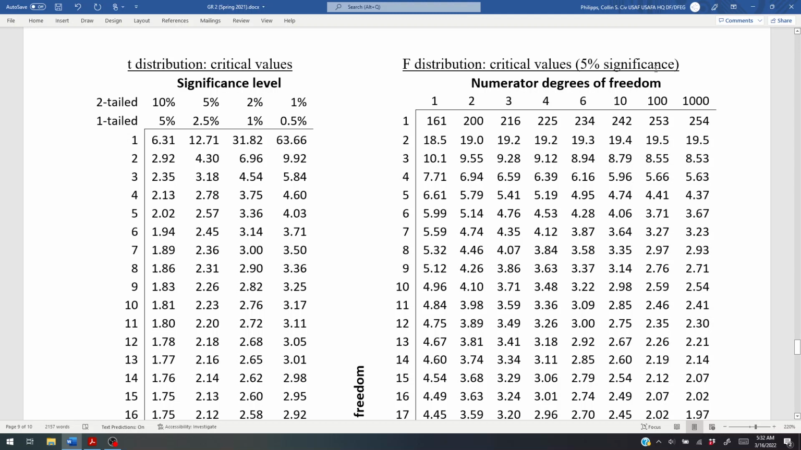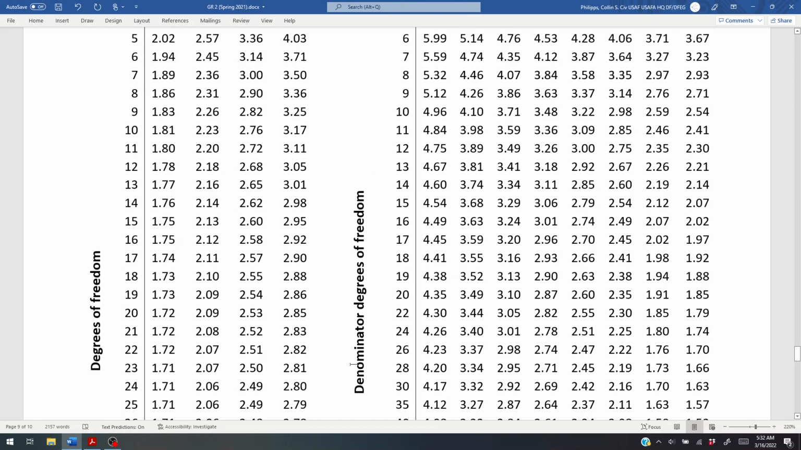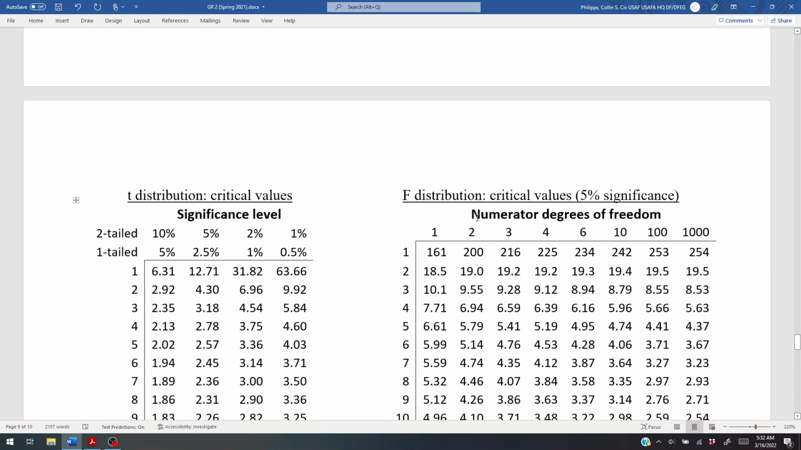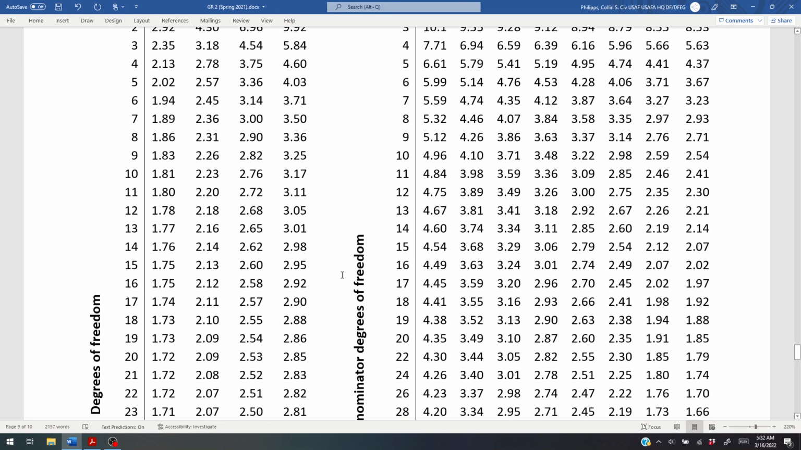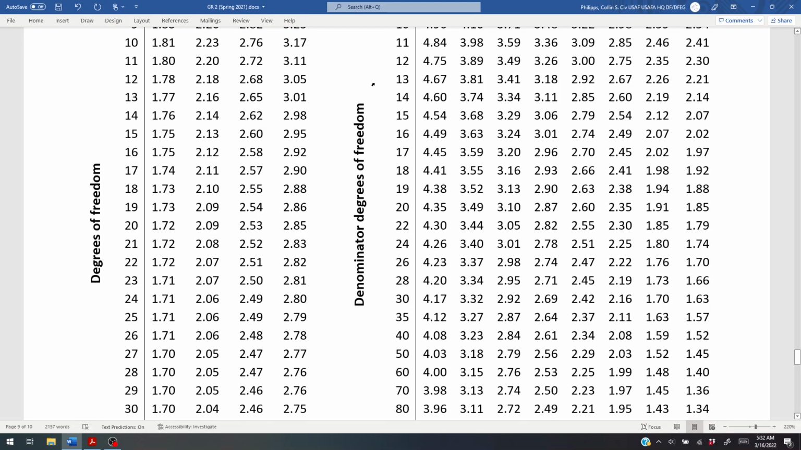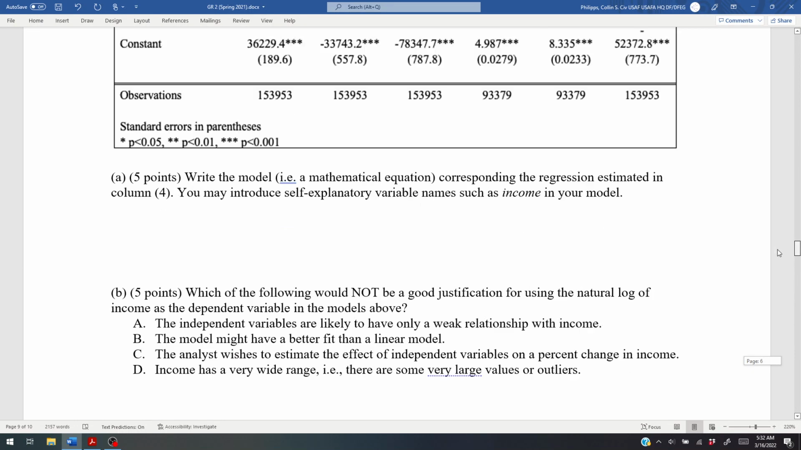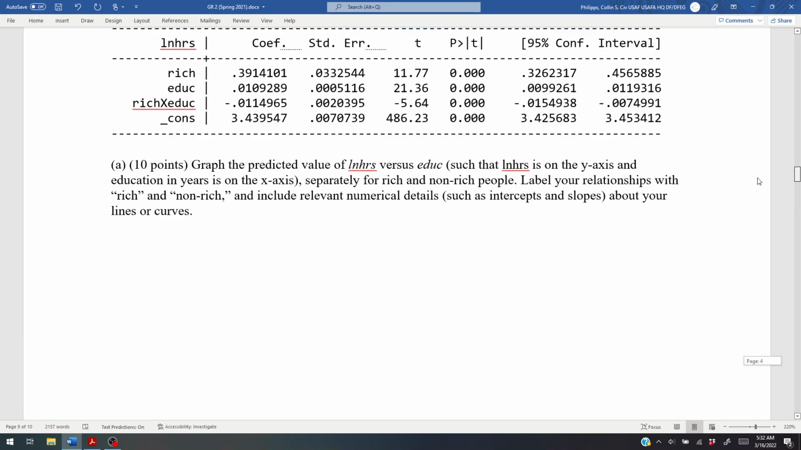You'll remember the F distribution has two different degrees of freedom. The numerator degrees of freedom is the number of restrictions. The denominator degrees of freedom is the actual usual degrees of freedom. So what we've got to figure out is how many restrictions there are, and then how many observations there are minus the number of coefficients we estimated in the unrestricted model. There is a caveat here, a little qualifier, which is on the exam,